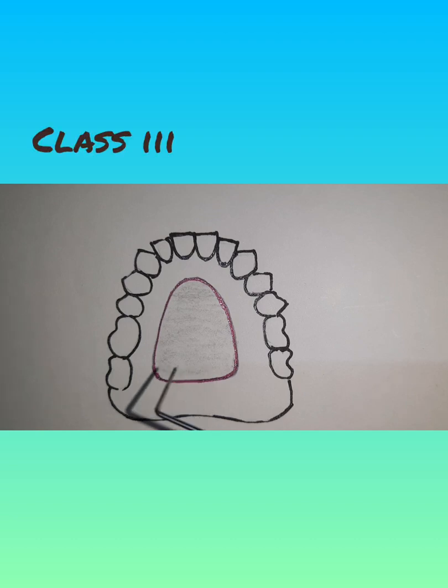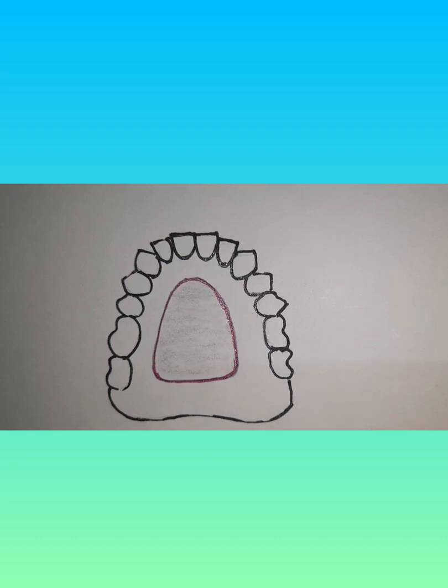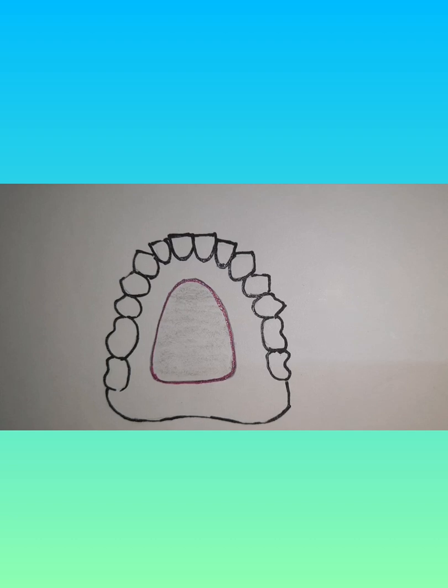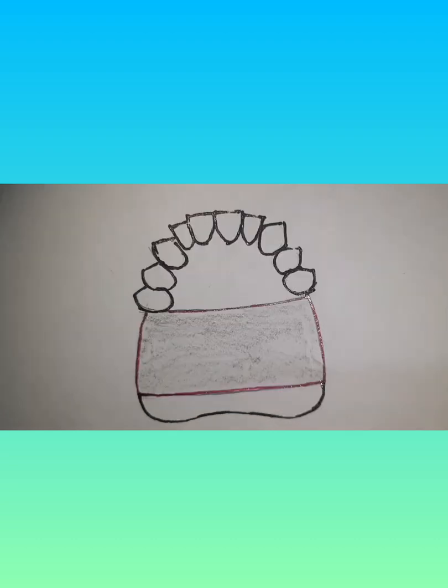Aramany class 3 is a defect which occurs in the central portion of the hard palate, as you can see in the figure also, and it may involve part of the soft palate or may not. So that is class 3. Now, Aramany class 4 is the defect which crosses the midline, and it involves both sides of the maxilla. You can see here in the figure also. So the defect is crossing the midline and is involving both sides of the arch. That is Aramany's class 4.